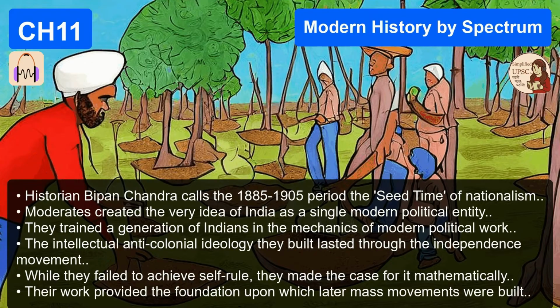I think it matters because it reminds us that massive world-altering changes very often start with quiet intellectual steps. The moderates did not have a massive army. They didn't have millions of followers marching in the streets. They just had ideas. They had ideas, and they had the relentless power of analysis. They began the process of dismantling the most powerful, sprawling empire in the world, not by firing a single shot, but by patiently taking apart its moral justification brick by brick. They proved that the pen and the petition can indeed be mighty, provided it is backed by empirical truth.